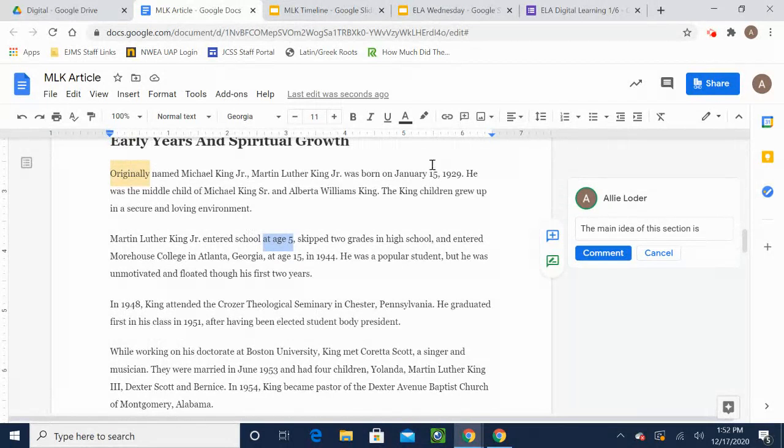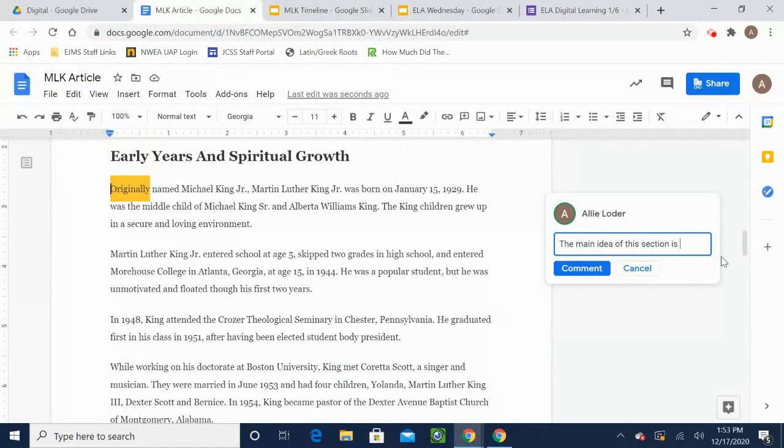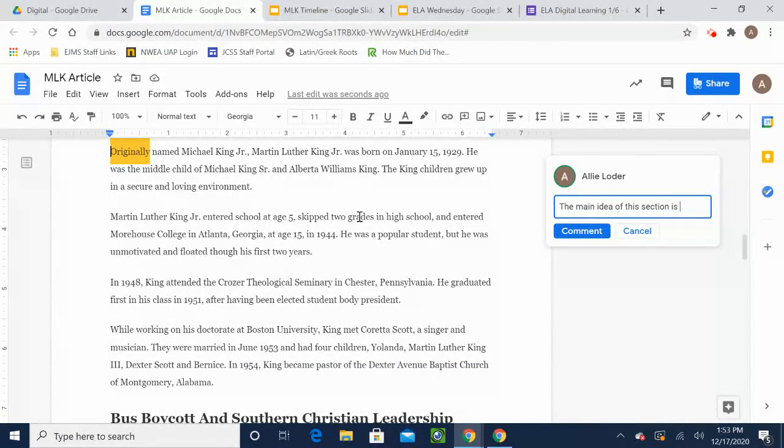So we go from him being born in 1929 to age 5 to age 15 to college in 1951 to marriage in 53 and children and then his job. I'm seeing a lot of those dates and I'm moving through time really fast. That's what jumps out at me. That makes me think that the main idea of this section is giving background on his life up until where he became really famous for his activism. I'm going to put that in a sentence the best that I can. The main idea of this section is